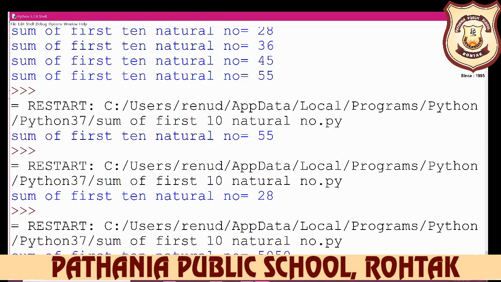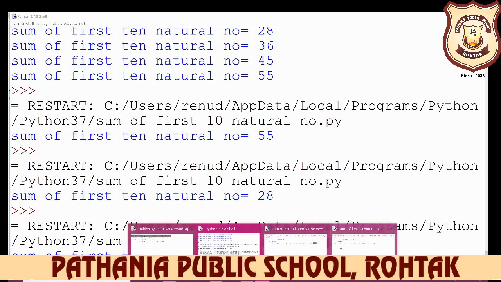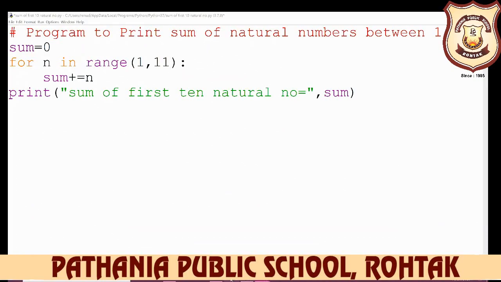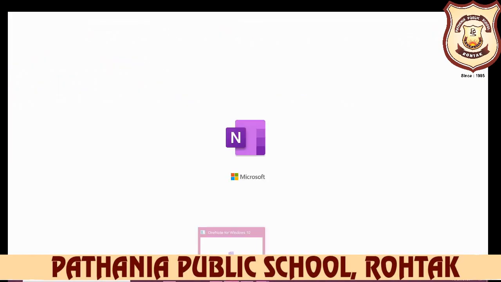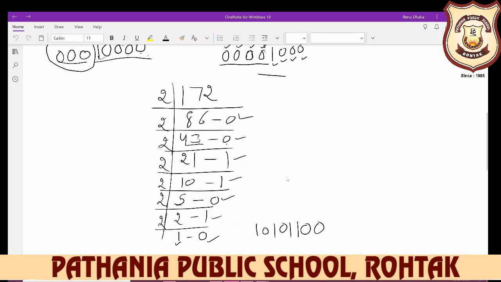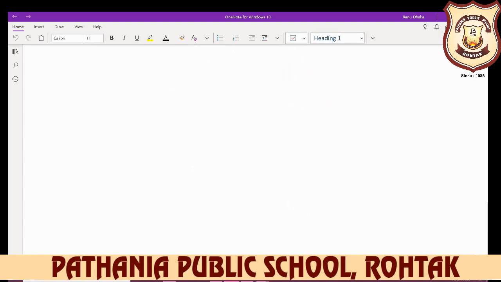How will this number be calculated? Listen carefully. Again open this program, and we have taken only 11 here. So how does it work? First it does 0 plus 1, where 0 is the sum.